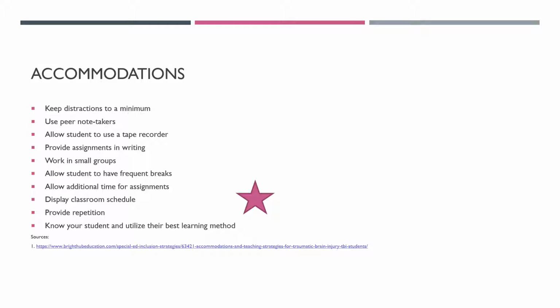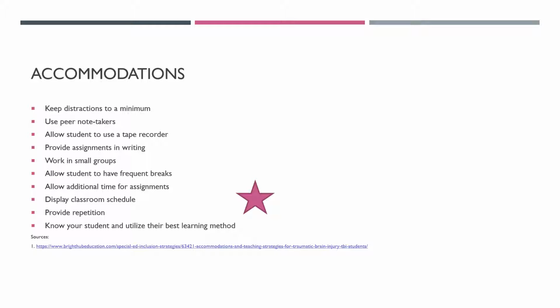So some accommodations for students with traumatic brain injury. Well, first and foremost, you need to know the student and know the history of their injury, how it happened, when it happened, and what their specific plan for recovery is. But some other accommodations that are just more general would be keep distractions to a minimum. For example, you could have the student sit in a more isolated area in the classroom or give them like a folder to block out things around them